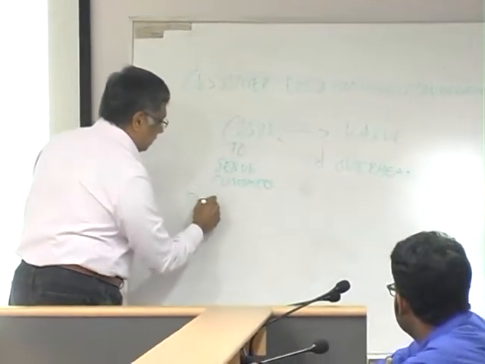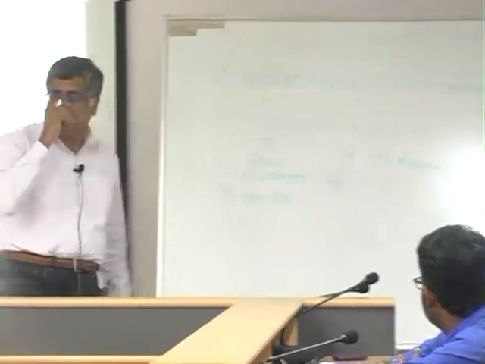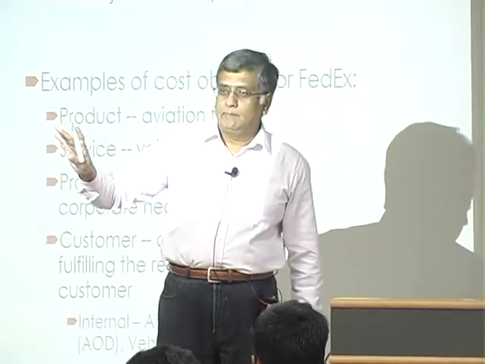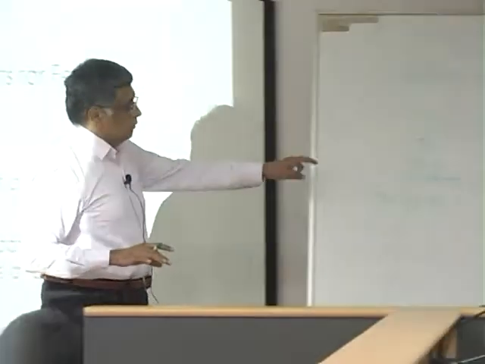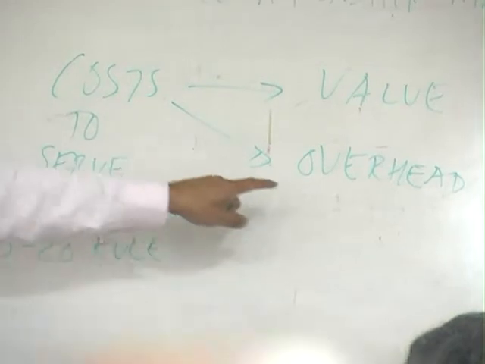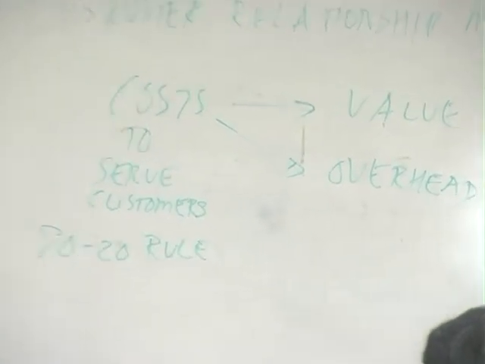A simple example of this is the 80-20 rule. Most of the time, very roughly, companies are aware that 20% of their customers bring 80% of the profits. The rest add to the overhead. So the cost you incur will either add to your bottom line, which is your profits, or it will go to serve overhead. You heard the term that some of the customers are really a drag; they're a pain to deal with, right? That's adding to the